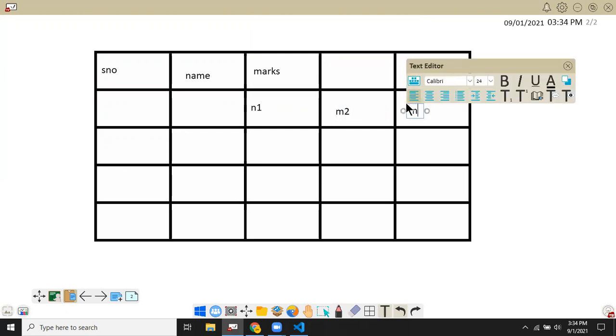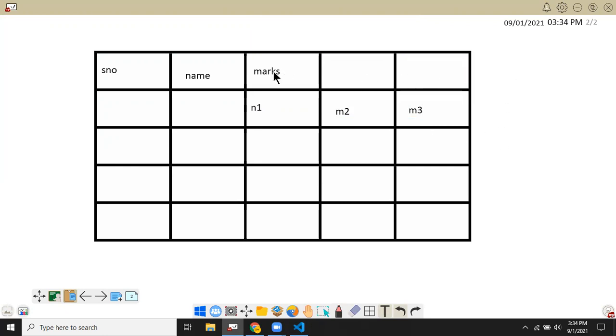Along with this, this marks heading should occupy these columns for me.